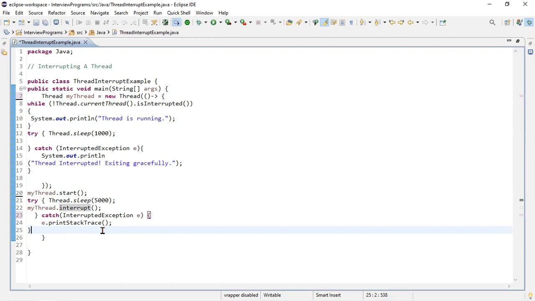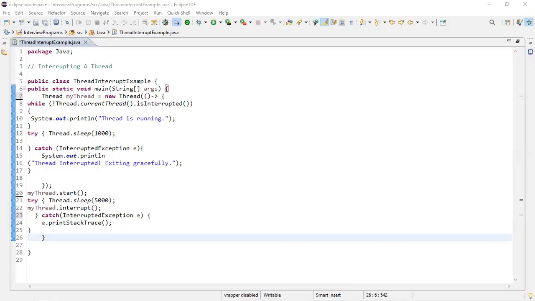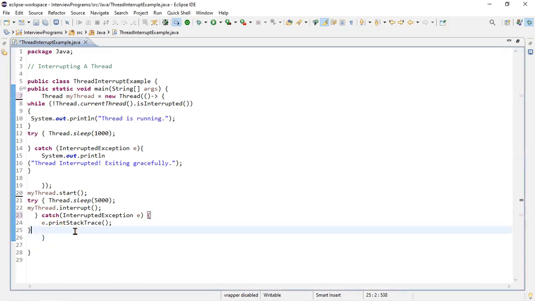At the last, the thread catches the InterruptedException, prints a message, and exits the loop gracefully. It also preserves the interrupted status of the thread by calling the Thread.current